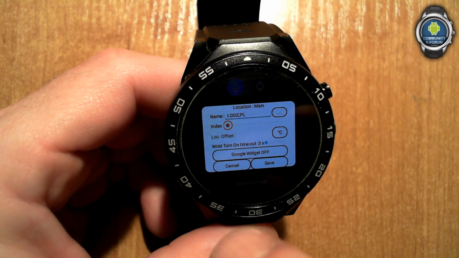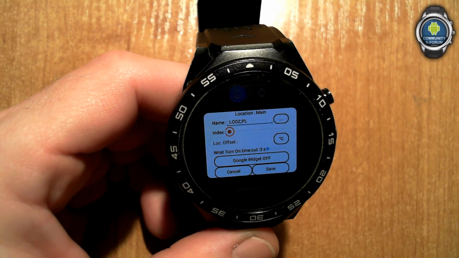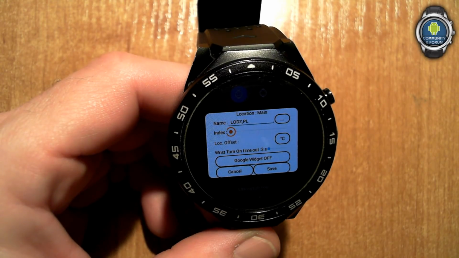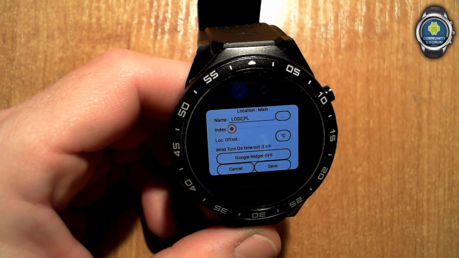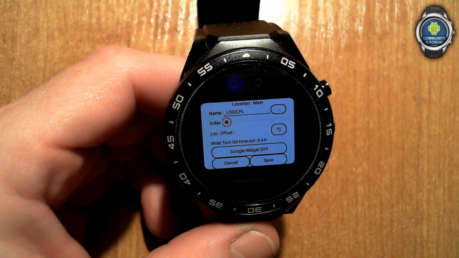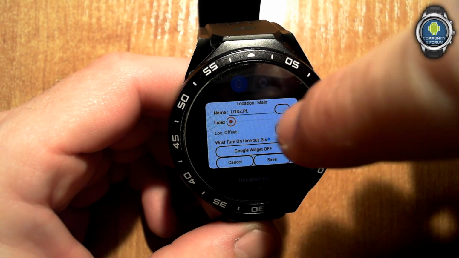There's also timeout for wrist gesture, by default set to 3 seconds, which is quite enough, I think, and preserves battery to a point. Now, as I said, the main location, or location 0,